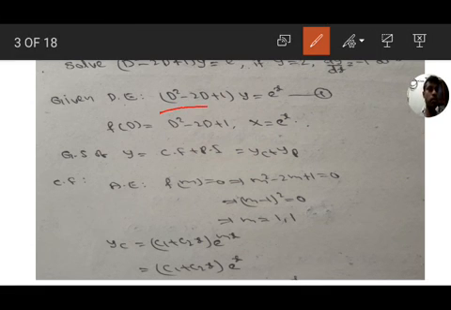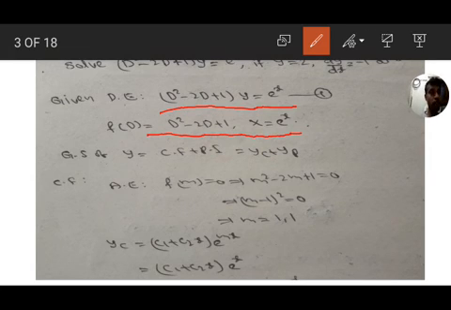Okay. Given differential equation (D square minus 2D plus 1) of y equal to e to the power of x. So compare given differential equation with standard form f of D of y equal to capital X. We get f of D equal to D square minus 2D plus 1 and capital X equal to e to the power of x. So general solution of equation 1 is y equal to complementary function plus particular integral, that is yc plus yp.